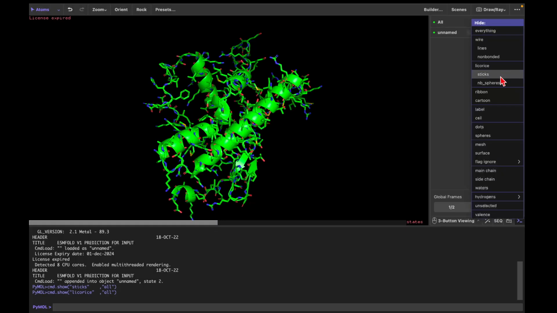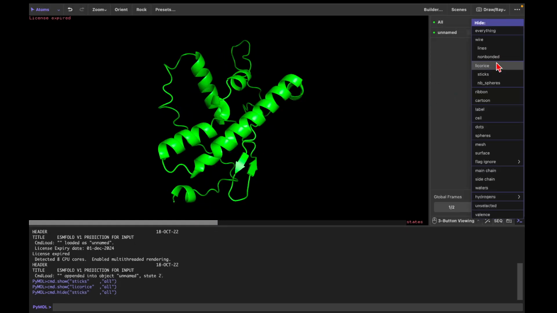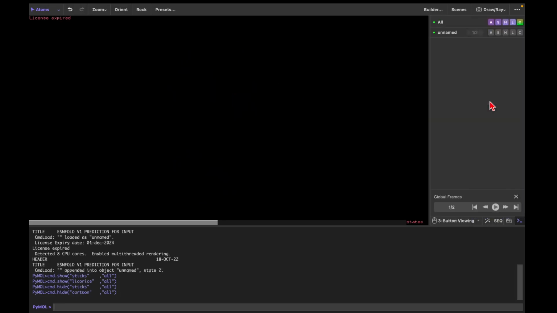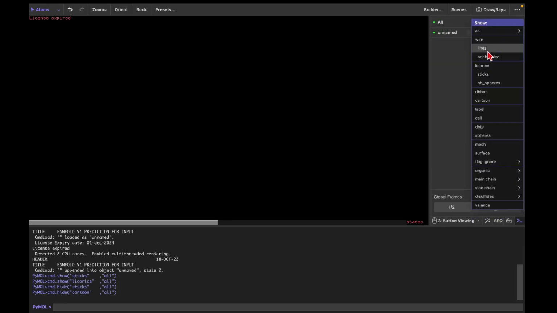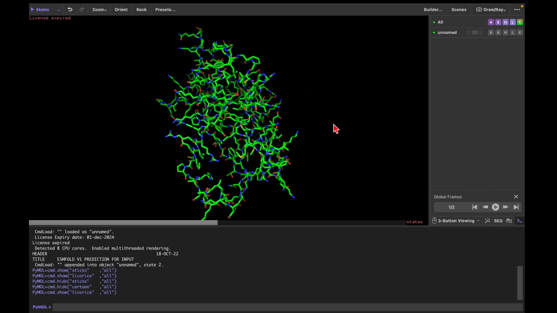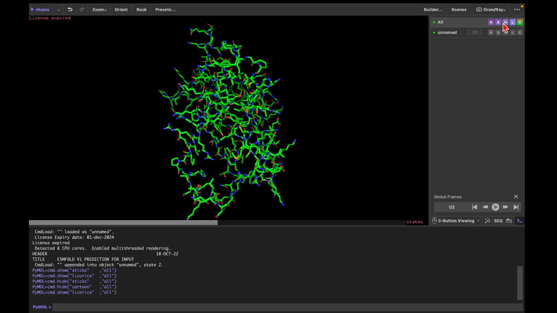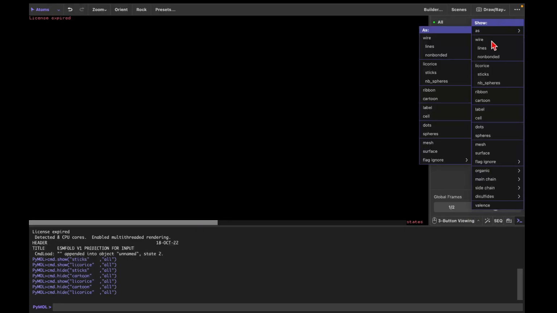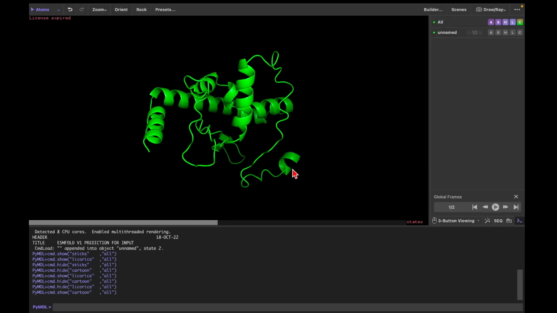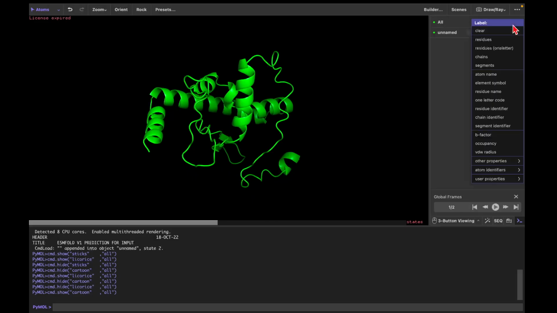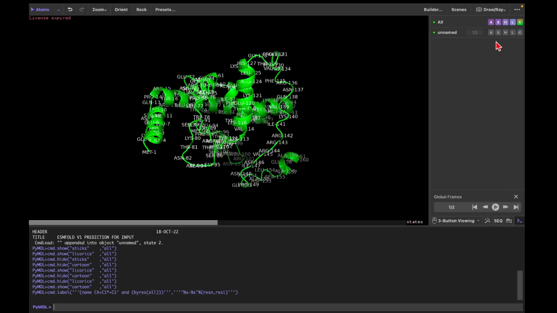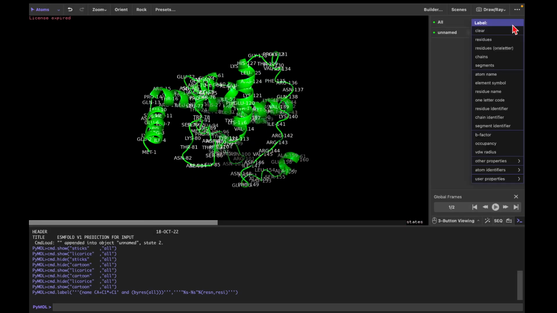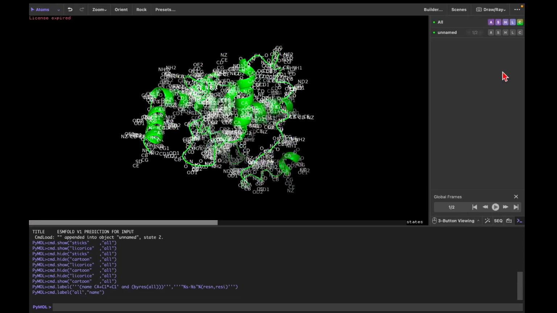So before I showed, hide cartoon as well. Show as licorice like this. Hide is to hide: now that we have both the structures, I want to hide licorice and show this structure as cartoon. Followed by that we have label. So label is to label residues. So residue numbers are added. L is for label. Or if I want to add atom names,